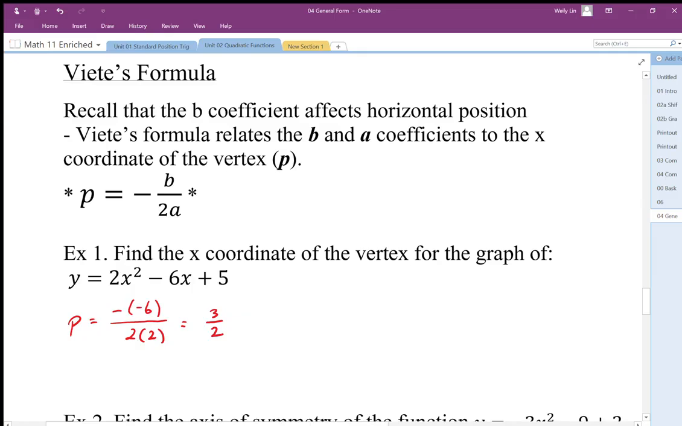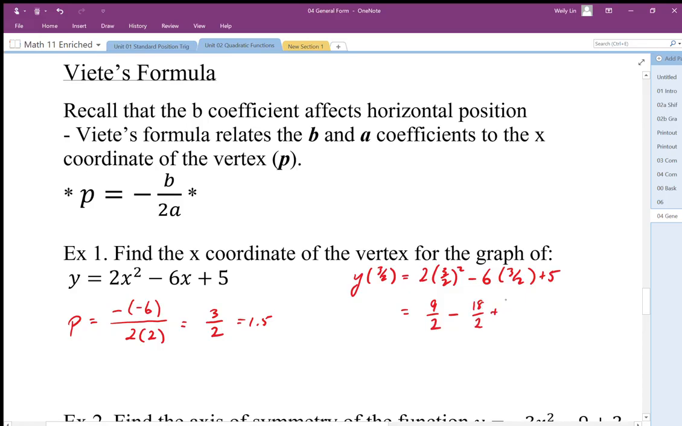So this gives us the x-coordinate of the vertex. Now, if we want the y-coordinate of the vertex, we can just plug that in. So we say y when x is 3 over 2: 2 times 3 over 2 squared minus 6 times 3 over 2 plus 5. That gives us 9 over 4 times 2, so it's going to be 9 over 2 minus 18 over 2